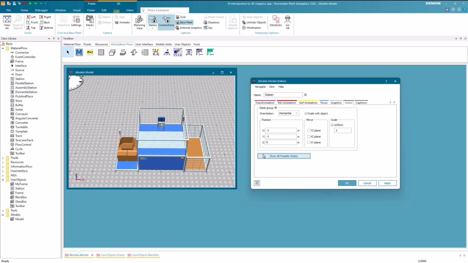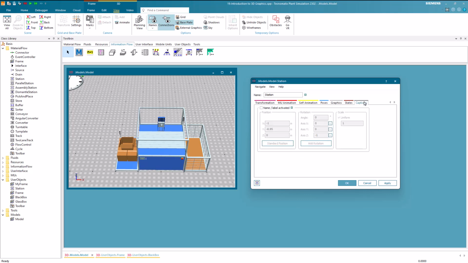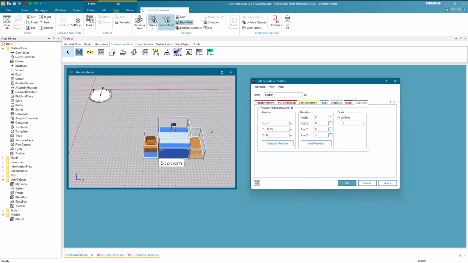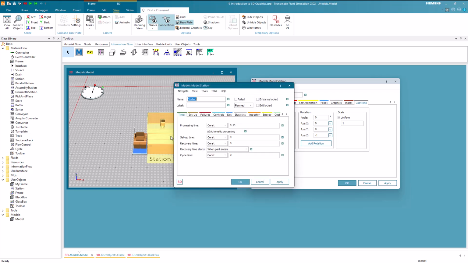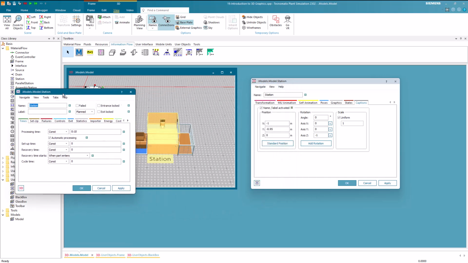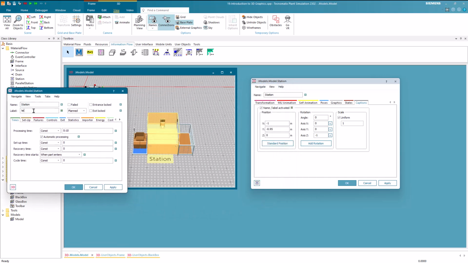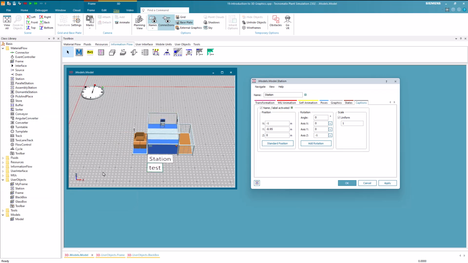Now we will hide them again and move to the Captions tab. In the Captions tab, we activate the name and the label. You will now see that the name is displayed. Here we could now again adjust the position. Additionally, we can open the dialog of the station and add a label to the station that will then also be shown.